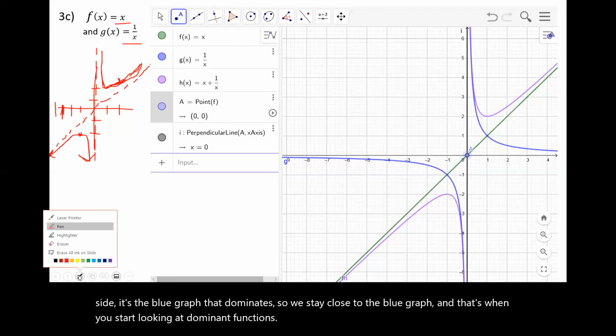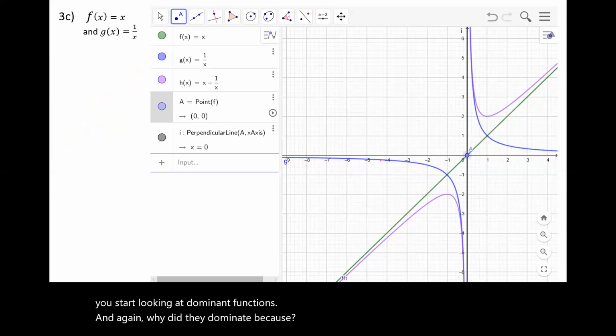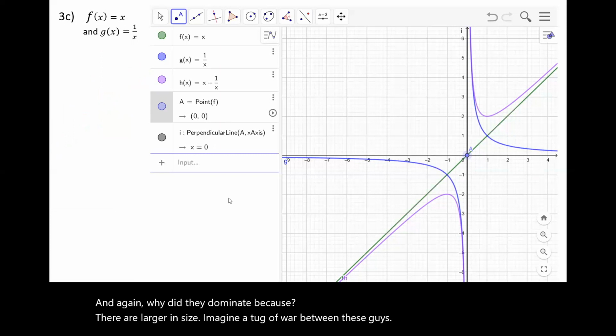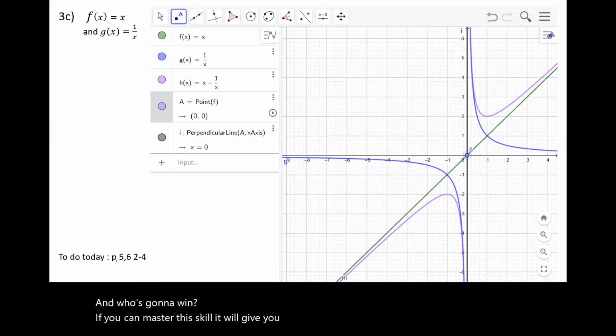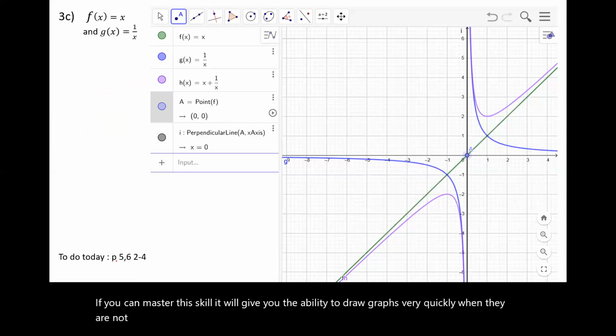And again, why did they dominate? Because they're larger in size. Imagine a tug of war between these guys, and who's going to win? Okay, if you can master this skill, it will give you the ability to draw graphs very quickly when they are not basic transformations. Yes, it's going to take you a little bit of time to get comfortable with it,